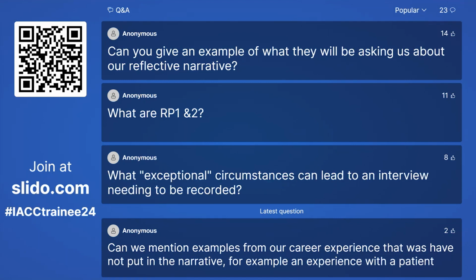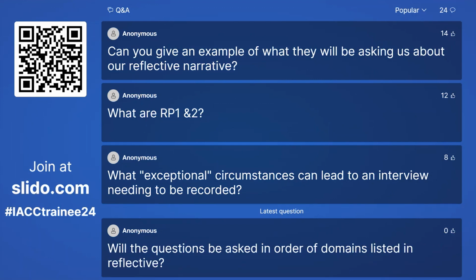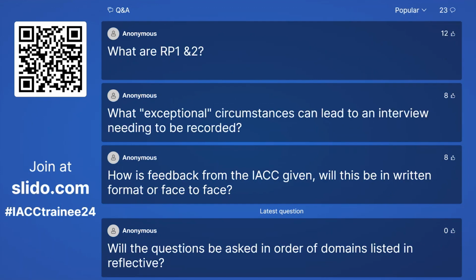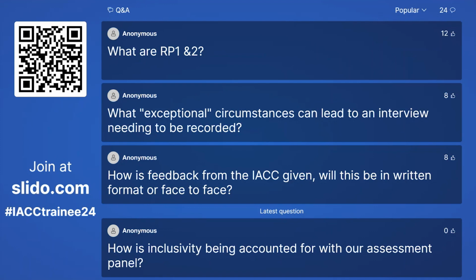Okay. Can you give an example of what they'll be asking us about in our reflective narrative? Not without letting you know some of the questions. Again, I would just say, please go back to the domains. Those are the key areas that we need to be satisfied you are competent in and safe and ready to practice by fulfilling the requirements of all of those domains.